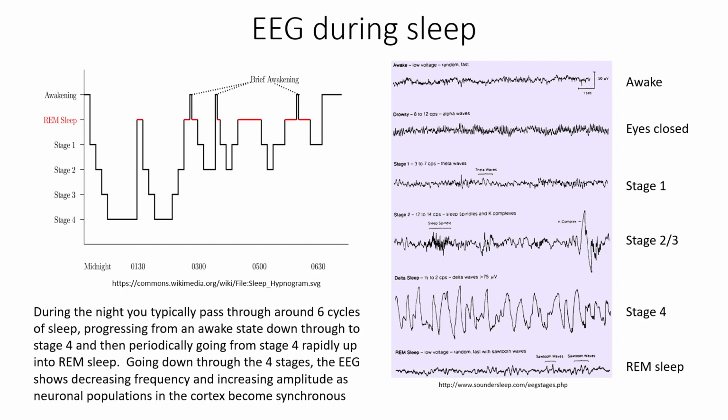Now, as we said when we studied the hypnogram, we do go from stage 4 up to REM sleep very rapidly, about 5 or 6 times per night. And the interesting thing to note when you look at the EEG trace for REM sleep at the bottom here is that REM sleep looks, for all intents and purposes, identical to the EEG when we are awake. So REM sleep looks identical to the awake EEG.